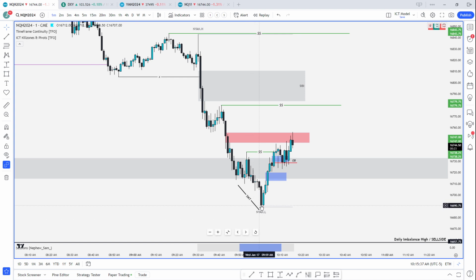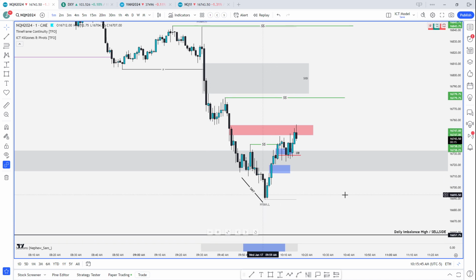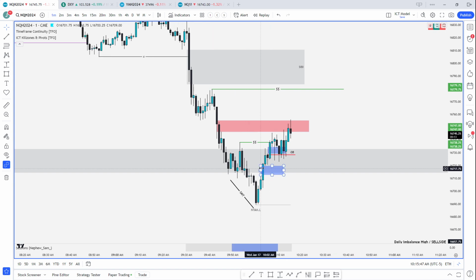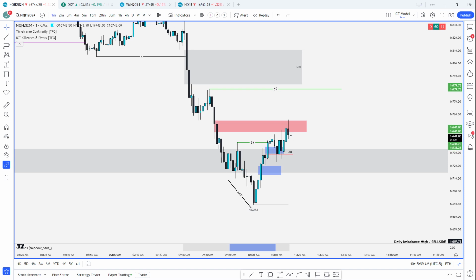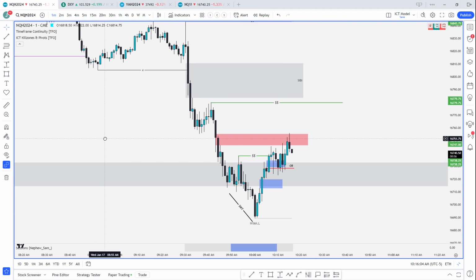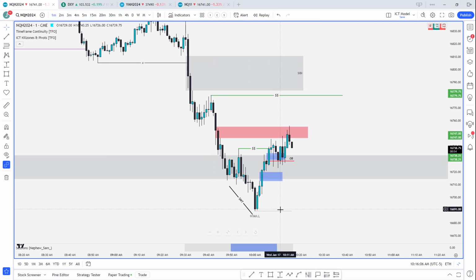But again, this setup that I took, I know some other people probably took it too, this is strictly framework. We're not seeing a change in state. We're not seeing a low risk entry, right? If we waited for this gap to fill, which it didn't, we would have missed the entire move, or at least the move that I was wanting to capture. So if you look at the PDF, or study the macro review stuff, or the old videos and live streams on the 9:50 macro, you'll see